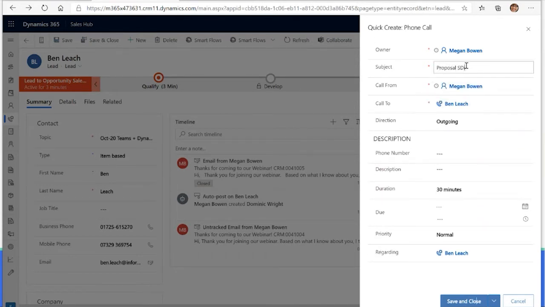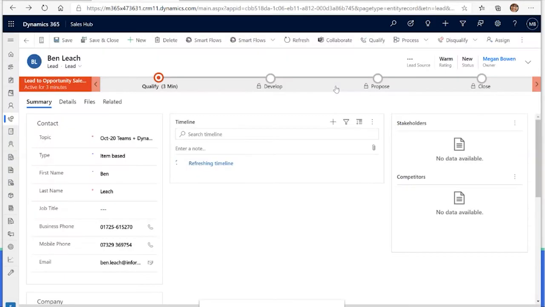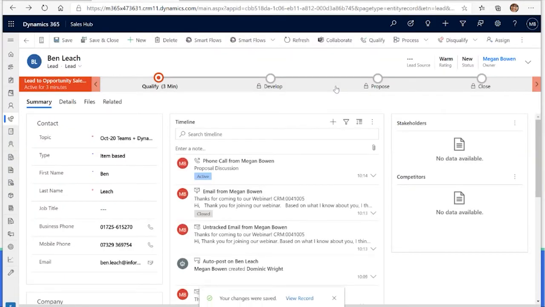Proposal. And when should we do that? Let's do it by the end of the week. 8 o'clock seems a bit early. Let's go for a more sensible 4:30. Okay, thank you. So what we've now got in that timeline is an active element there, and that active element